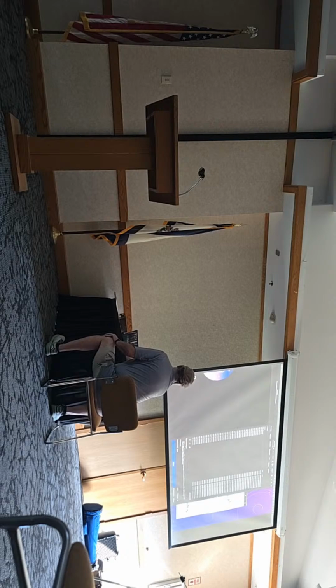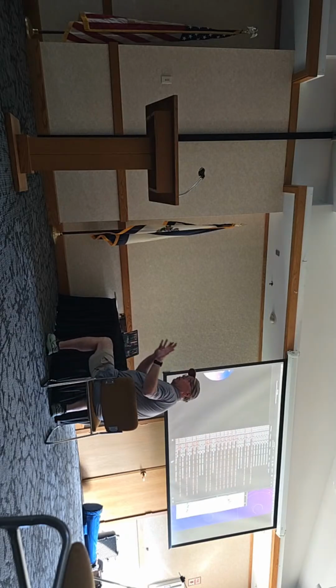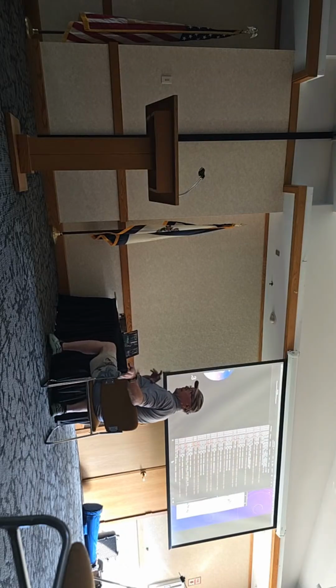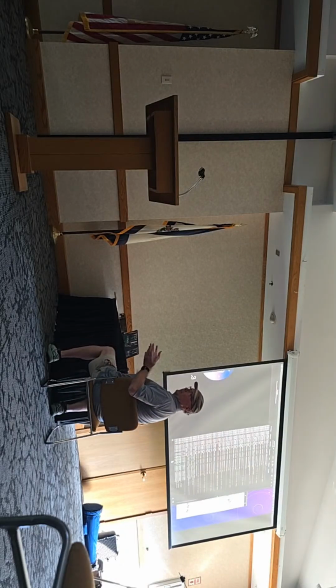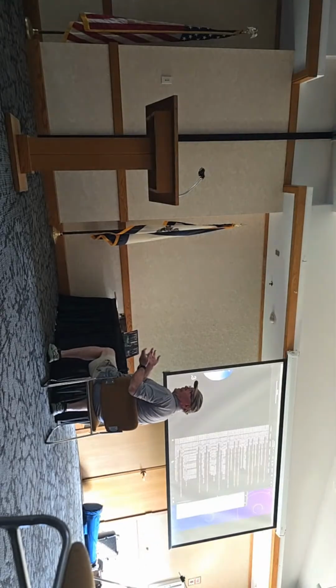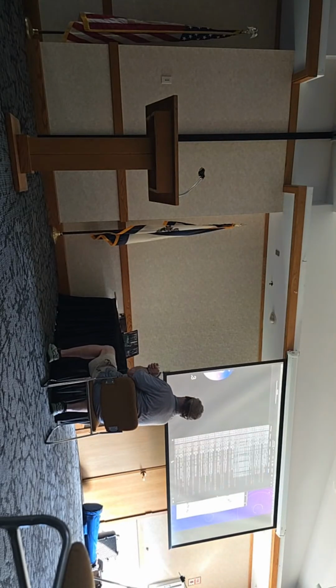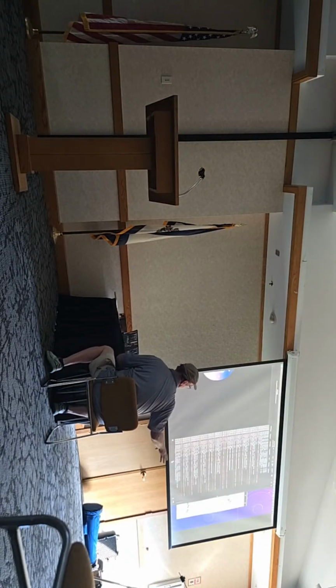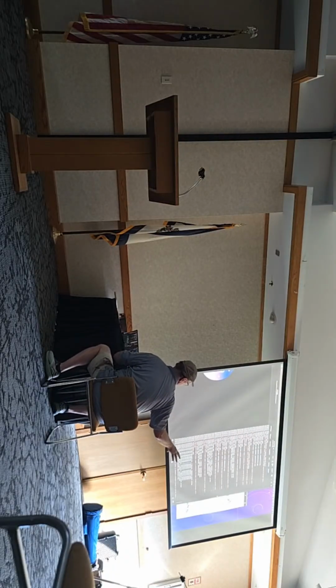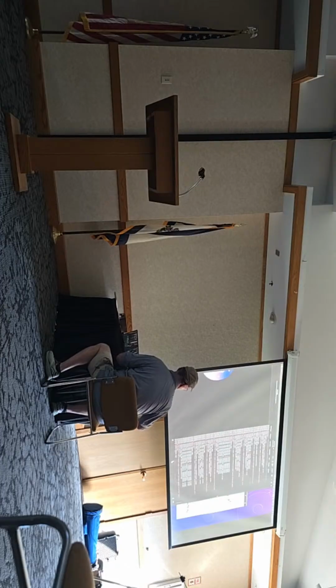The other thing I need to do is debayer these raw images, so I'm going to debayer them, and then convert. What it's doing now is taking all my raw images from a Canon camera and converting them to a FITS image. A FITS image is just a standard image format for astrophotography. So it's going through, converting all those raw images into the FITS format, and then once that's done,